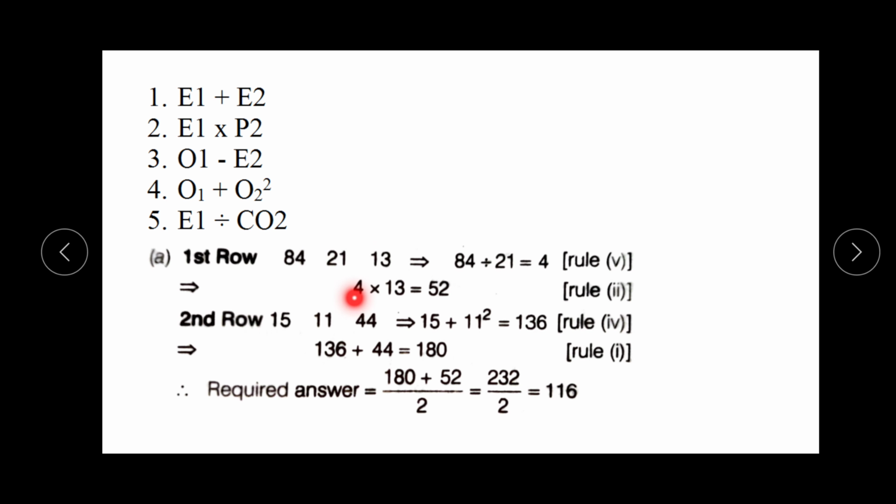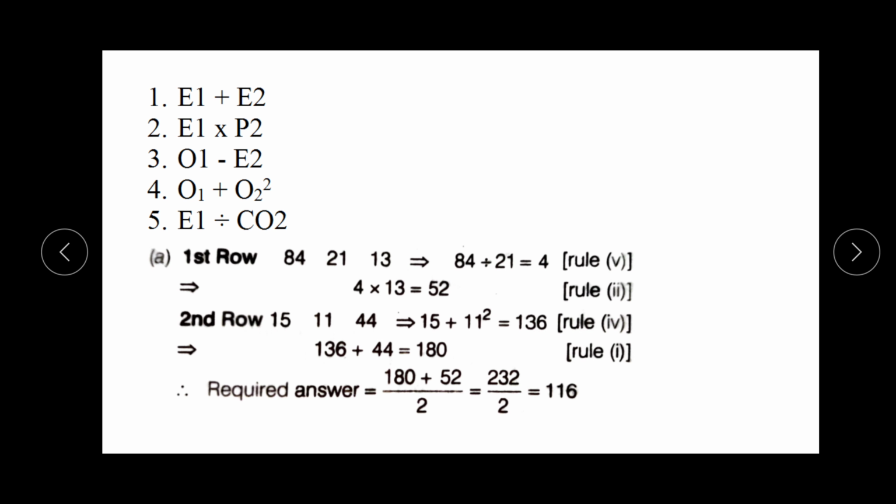It means we can see here that there is the 4 and that is 13. Then what type of numbers are these? The 4 is the even number and 13 is the prime number. If we see the second rule, it is given that an even number is multiplied by a prime number. That is, if at the first place there is an even number and at the second place there is a prime number, we will multiply them. So 4 multiplied by 13 is equal to 52. 52 is the resultant of the first row, because in the first row there are only 3 numbers and all 3 numbers have been solved, and the resultant of these 3 numbers is 52.